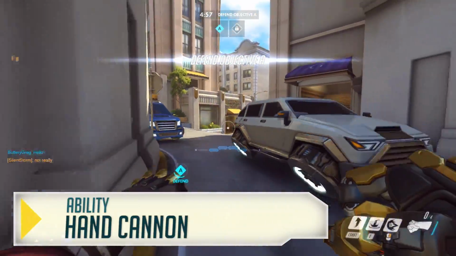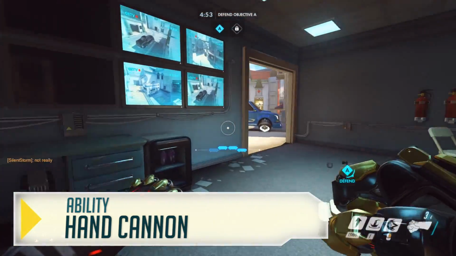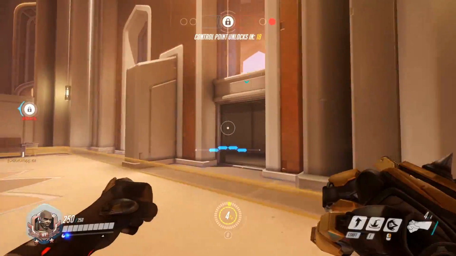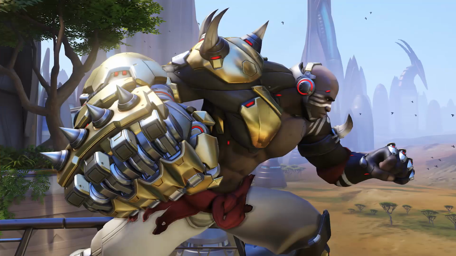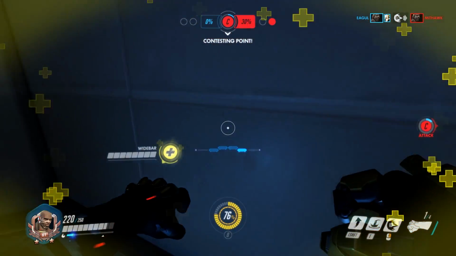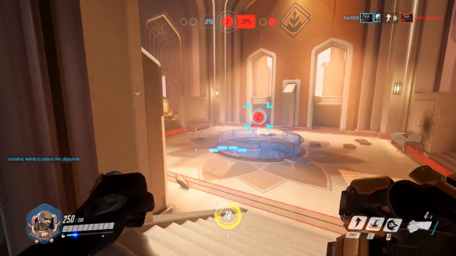Doomfist's primary fire is his hand cannon. It's a mid to long range shotgun blast that deals a decent amount of damage, but you can only shoot it 4 times before it needs to recharge. This means you won't be chasing people around and shooting them much, but I mean, your name is Doomfist. Emphasis on the fist part. The hand cannon should mostly be used to get in some damage while you're waiting for your other abilities to cool down. Speaking of which,